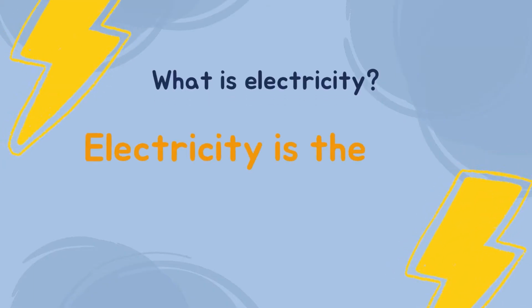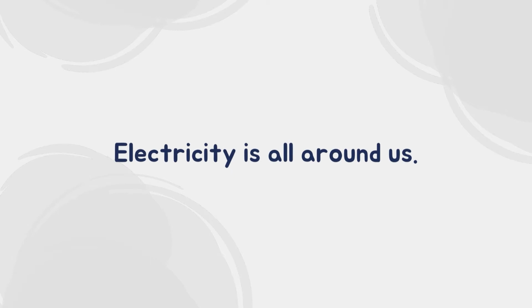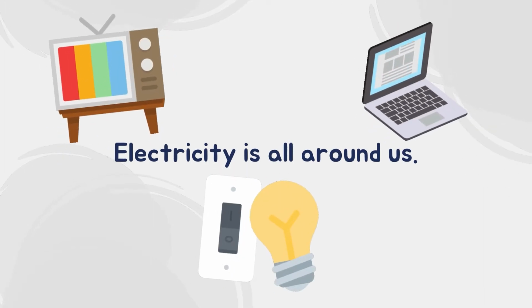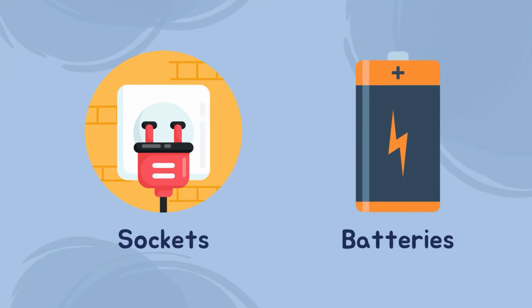What is electricity? Electricity is the flow of electrical power or charge. Electricity is all around us, from the TV we watch, the computer we play on, and the lights in our bedrooms. Many devices and machines use electricity in order to work. The most common way of using electricity is the wall plugs at home, and the other way is in